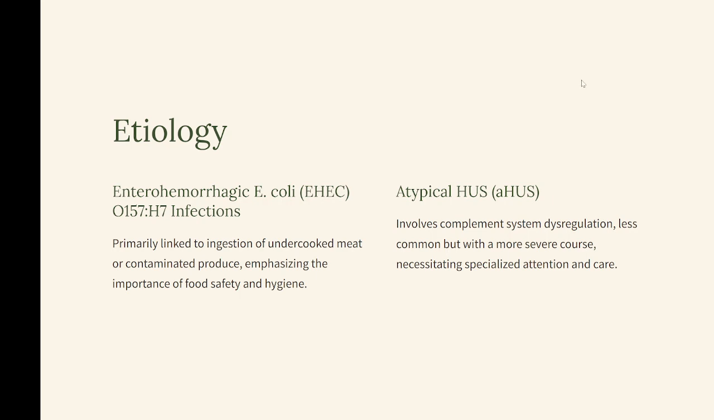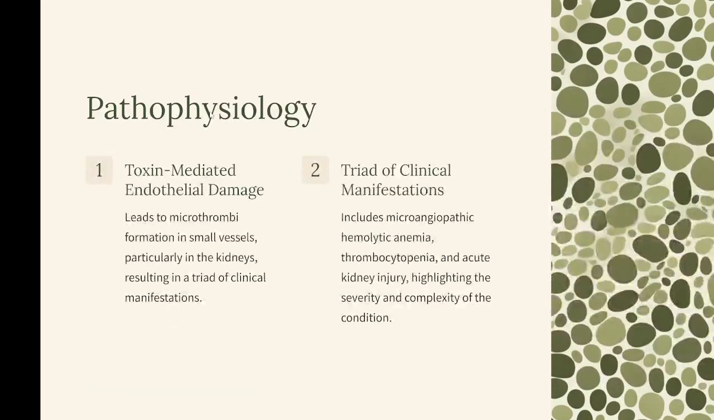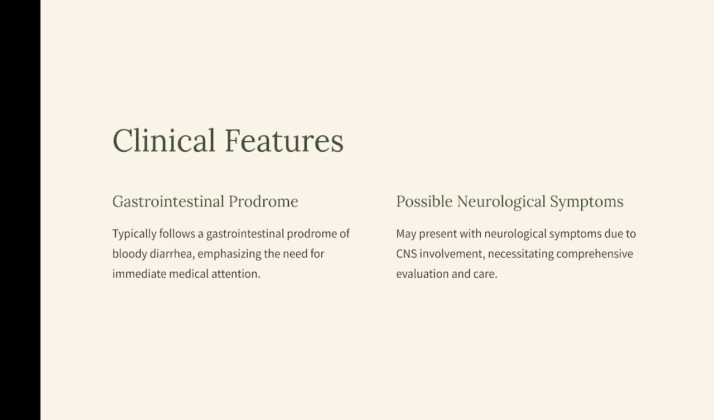Pathophysiology: toxin-mediated endothelial damage leads to microthrombi formation in small vessels, particularly in the kidneys, resulting in a triad of microangiopathic hemolytic anemia, thrombocytopenia, and acute kidney injury. Clinical features: typically follows a gastrointestinal prodrome of bloody diarrhea. Presents with the characteristic triad, along with possible neurological symptoms due to CNS involvement and GI complications such as severe